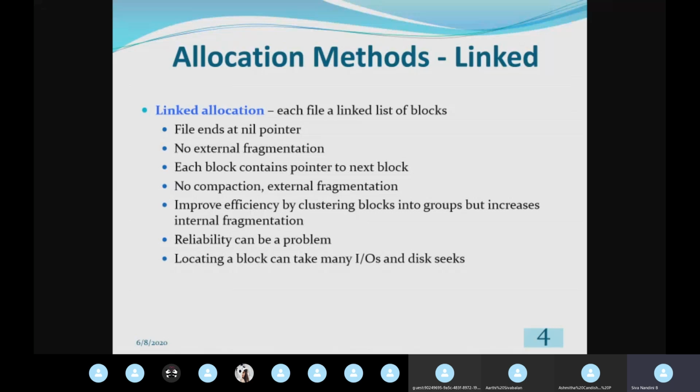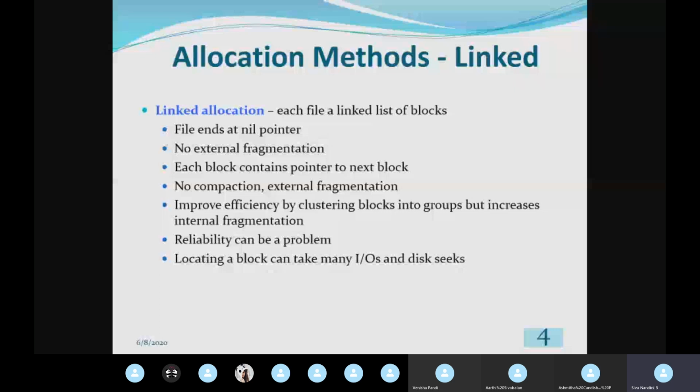So using the linked allocation method, we simply start with the first logical block number, which is available in its corresponding directory, and the last logical block number is available too. Then we find the next logical block by means of a pointer to the second logical block, then a pointer to the third logical block. Likewise we go on. So this eradicates the external fragmentation problem. In the linked allocation method, we don't have the external fragmentation problem, so we don't need any compaction also.